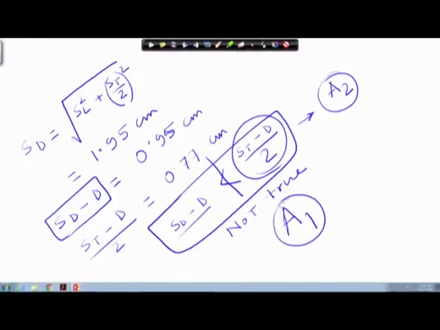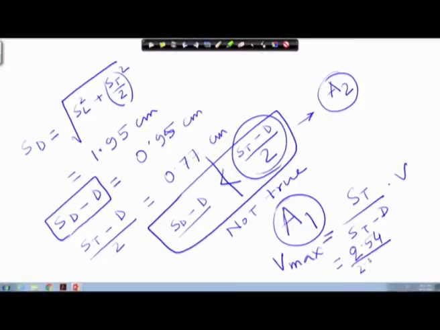We have to evaluate the velocity V max, which is equal to ST by (ST minus D) times V. ST is 2.54, so 2.54 divided by (2.54 minus 1), into 6, comes out to be 9.9